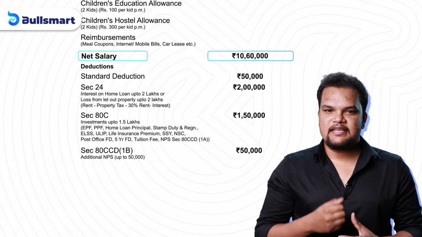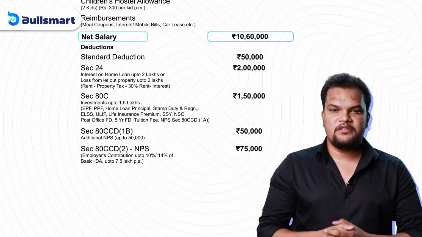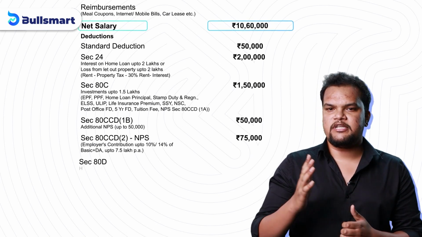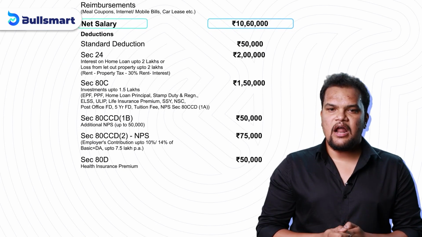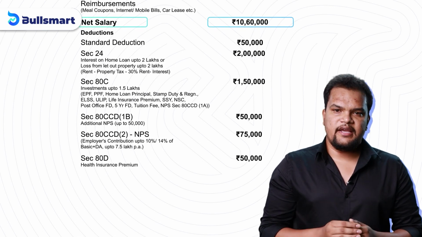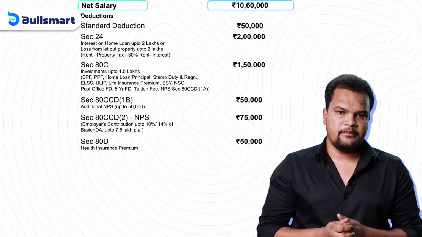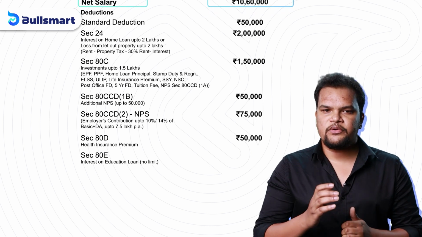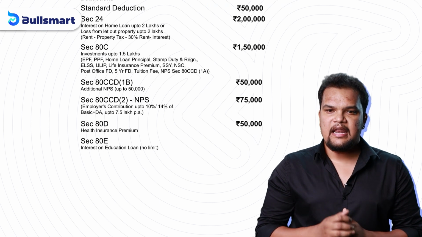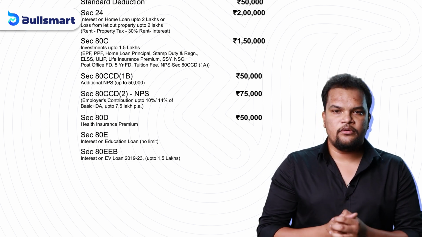Next, we have NPS, National Pension Scheme, that works as a pension plan, and individuals can save up to rupees 50,000 from their taxable income while building a stream of income for their post-retirement era. Section 80D allows you to take advantage of the health insurance premium on your tax planning. If you pay the insurance premium for your family members, you can deduct the premium amount from your taxable income. Interest on education loans also gets deducted from taxable income without any limit through Section 80E. Lastly, if you have purchased an EV on loan, then the interest amount on that loan can also be reduced